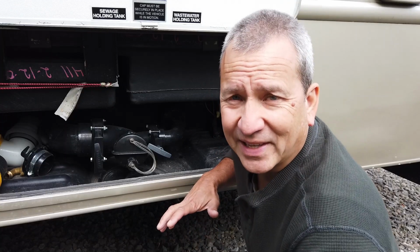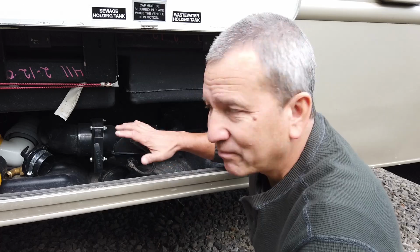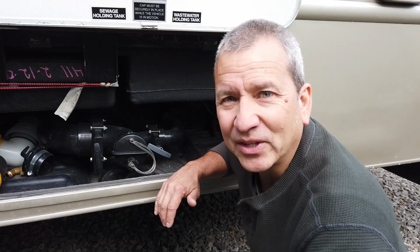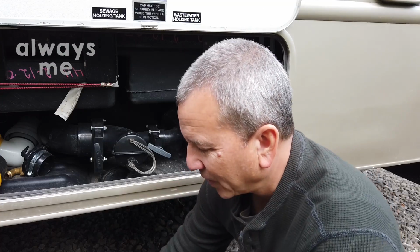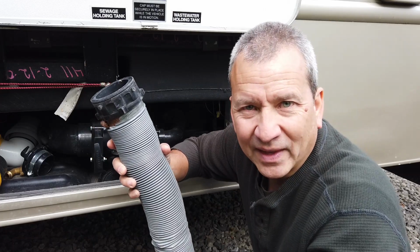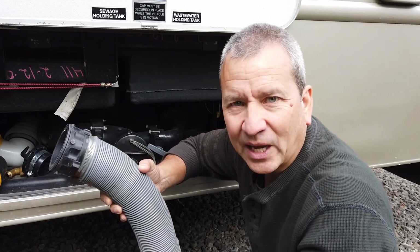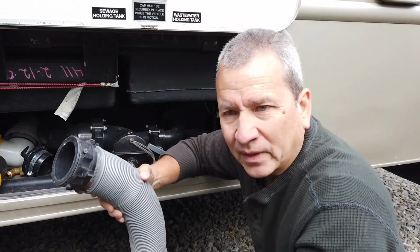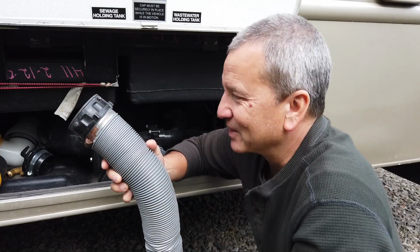Well, this is what we call the business end of the RV, and it's one of the least glamorous things about owning an RV, that we store our own waste in these tanks. That means we have to dump it periodically, and somebody's got that task, and it's usually me. Part of that is that you have to store a sewer hose like this, and sometimes more than one. And you also have these attachments to be able to connect to different types of sewer inlets. In this compartment, there isn't a whole lot of extra space, so coiling up a sometimes wet and maybe even stinky hose, we call this a stinky slinky sometimes,